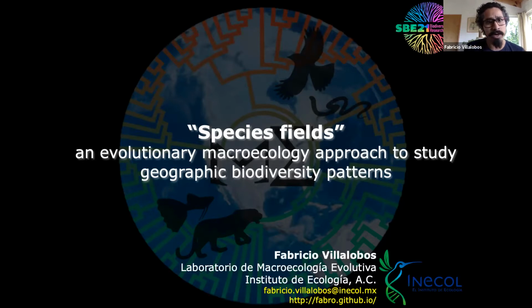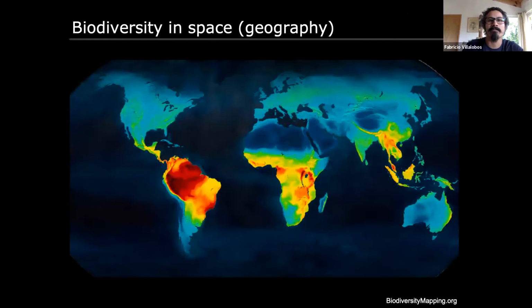And I want to show a couple of examples of how to apply this particular concept to study geographic biodiversity patterns. So we all know that life on Earth is varied, biodiversity, and we have a lot of species, a lot of life forms, but also that biodiversity is not homogeneously distributed on Earth. And we can see this classic pattern, which is the latitudinal diversity gradient, where we have more species in the tropical regions compared to fewer species in the temperate regions. And this pattern has been tried to explain at different times with different hypotheses.